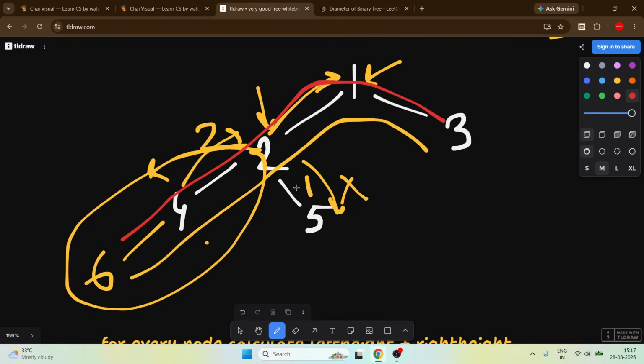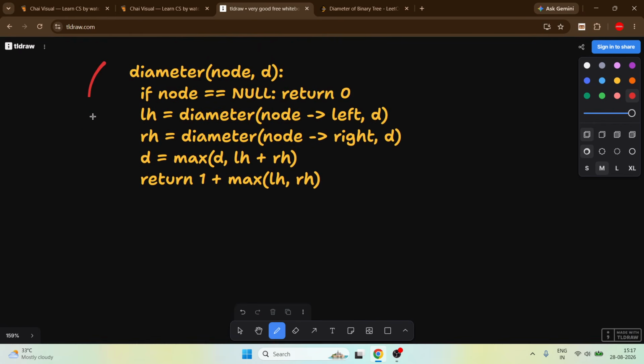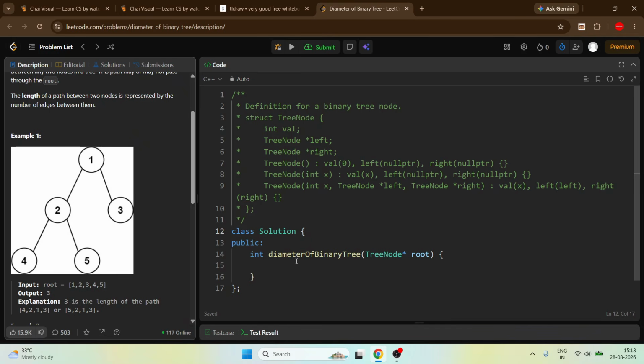Okay, let me check, because this is a perfectly runnable function. Let's run the code using this pseudocode. First we take the diameter of the binary tree, where we are only given a root. So first take a diameter, which we initialize with 0.